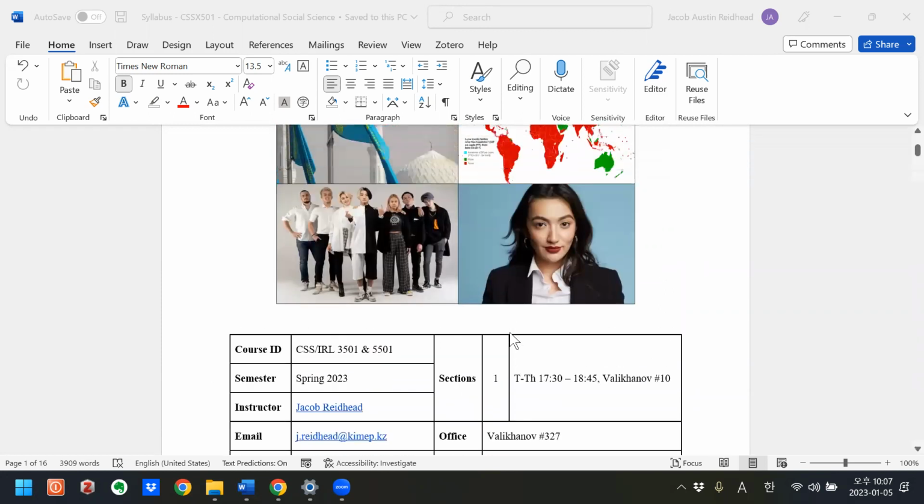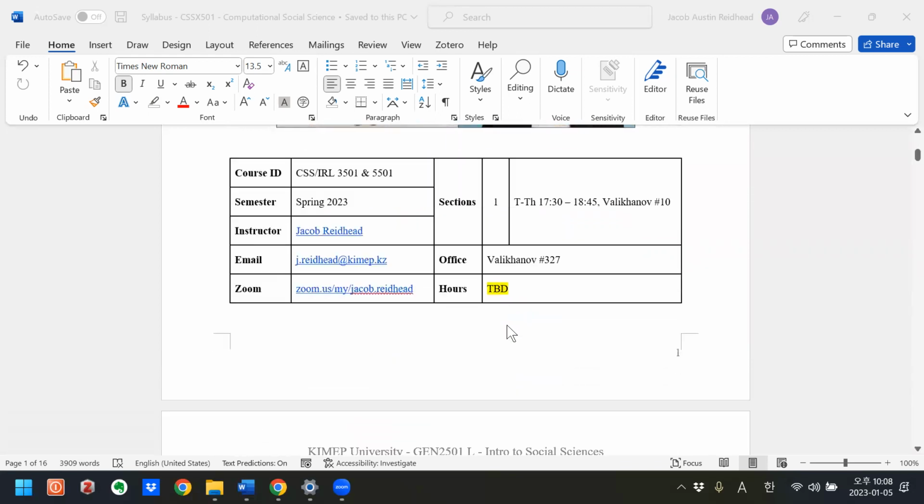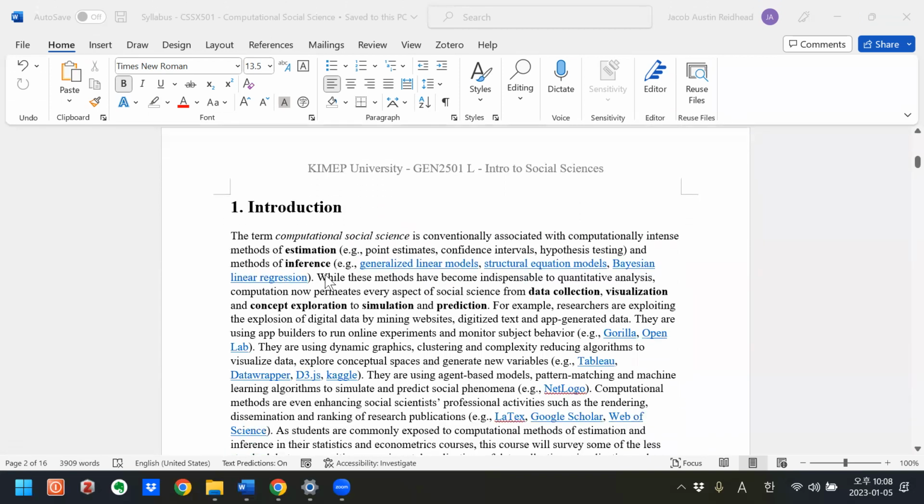So I'm recording this because even though I'll go over the syllabus some on the first day, not everybody may be in class the first day, or you might want to look at this before we start class on Tuesday, just to get a feel of what the class is going to be like. I'm not going to read the whole introduction, but